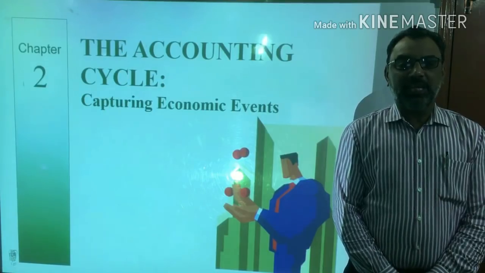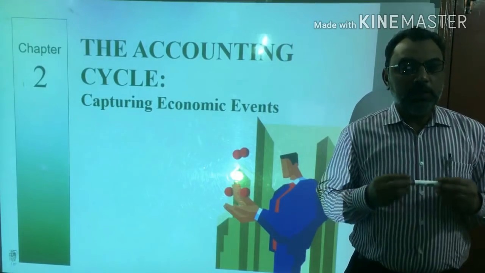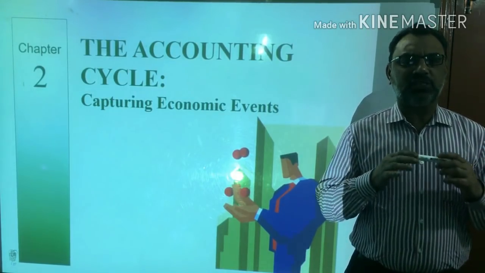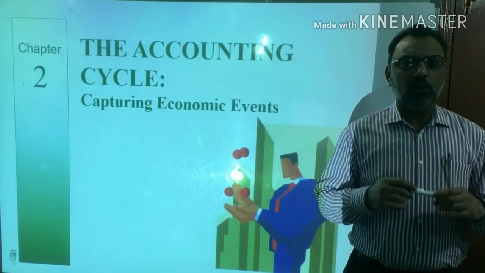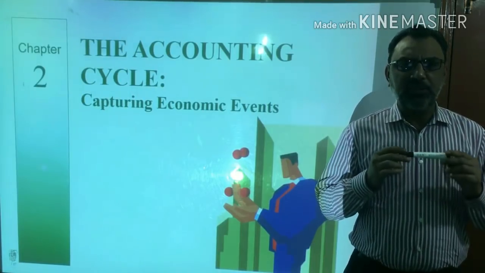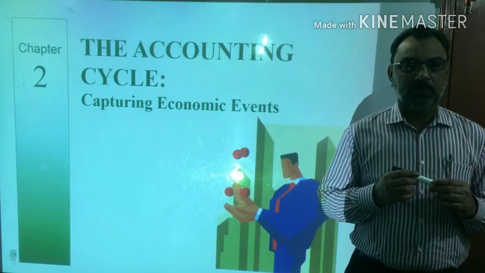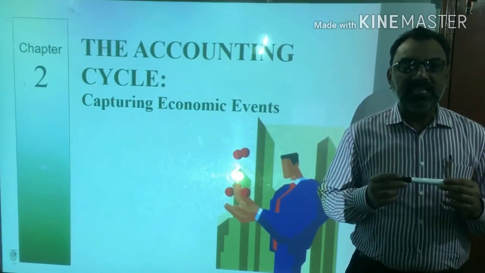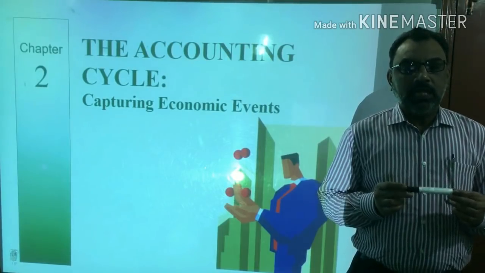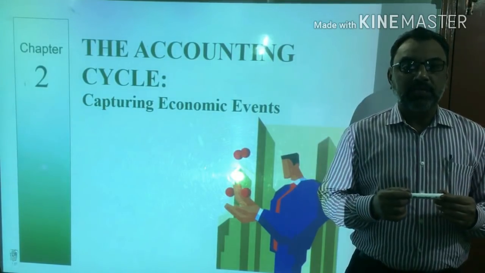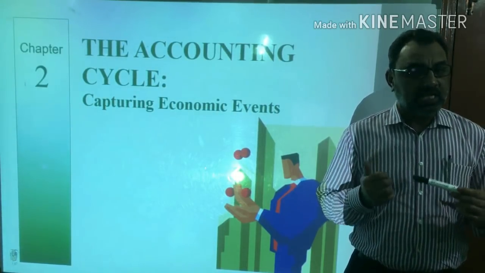In the previous lecture, we illustrated several transactions of a firm. We prepared a complete set of financial statements immediately following our discussion of these transactions. For practical purposes, businesses do not prepare new financial statements after every transaction. Rather, they accumulate the effects of individual transactions in their accounting records. Then, at regular intervals, the data in these records are used to prepare the financial statements, income tax returns, and